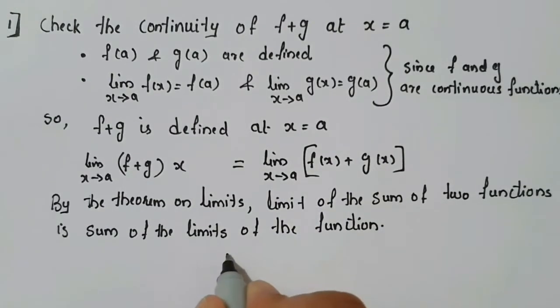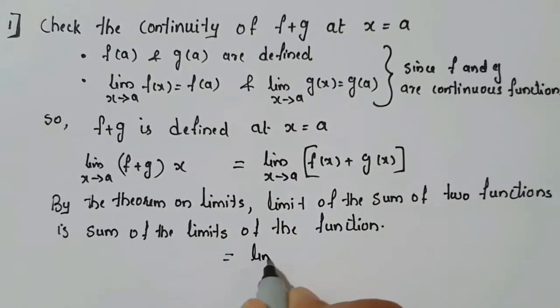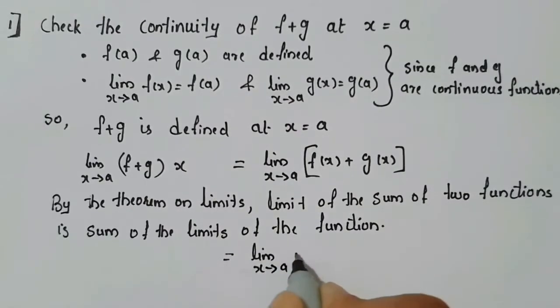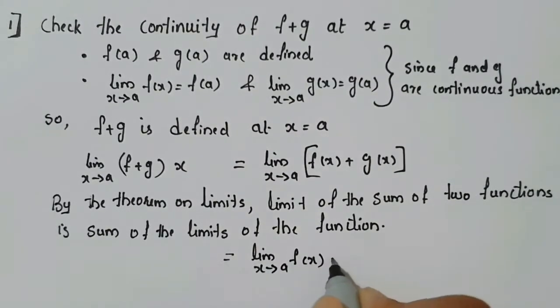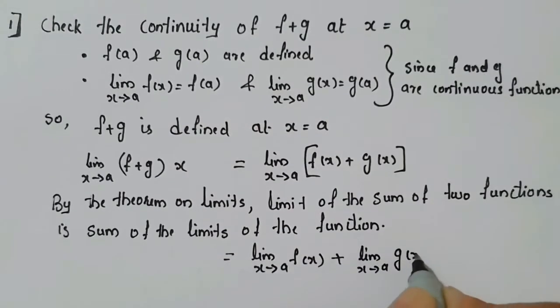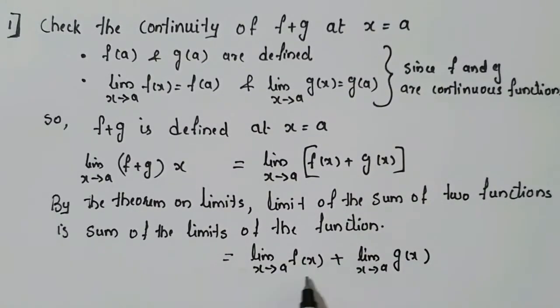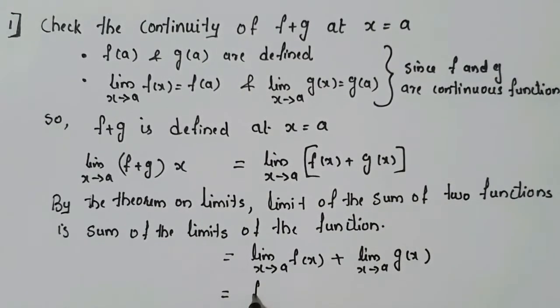That is, this can be written as limit x tends to a of f of x plus limit x tends to a of g of x. We separated the limits. So this is equal to f of a plus g of a,